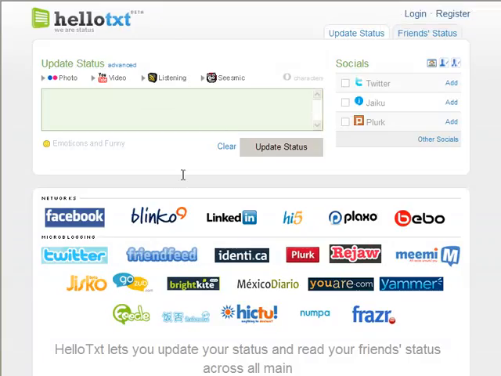Let's go ahead and head over to HelloTXT.com. This is one of those services that allows you to work with multiple networks, different Web 2.0 sites. So this is great. You've got Facebook here, and you've got Twitter. Also, a whole bunch of other ones. LinkedIn is pretty popular. Okay, and a bunch of other different stuff. You go in there, and you can post your one thing, and you can see that go to all those